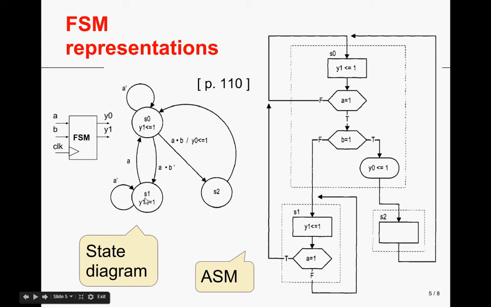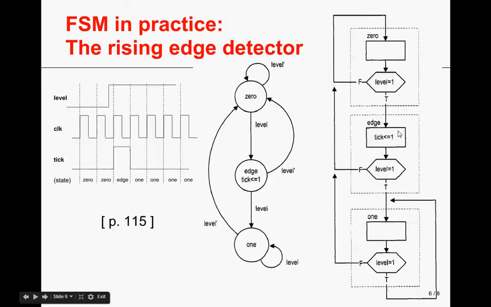And in the case of S1, we will either stay there if A is 0, or we will go into state S0 if A is 1. So in this case, input B has no relevance for the state transition from S1. Now, representing this state diagram as an ASM chart is a very straightforward task, because ASM charts